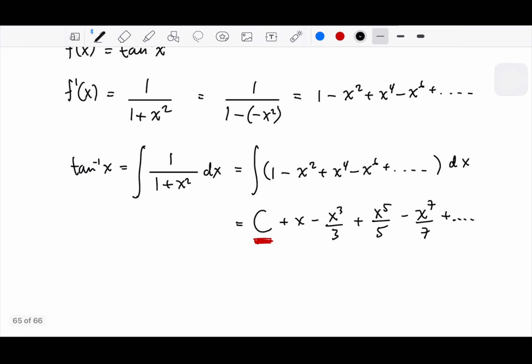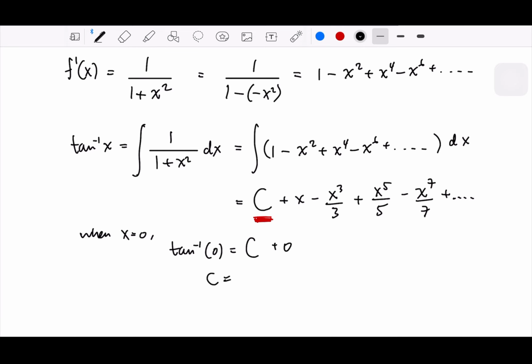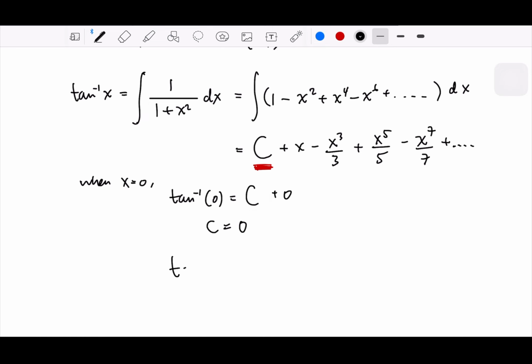So we may check when x equals 0, then we have tangent inverse of 0, which is 0, and then we have C, and then all other terms will be 0, right? And therefore C is 0. So we can have tangent inverse